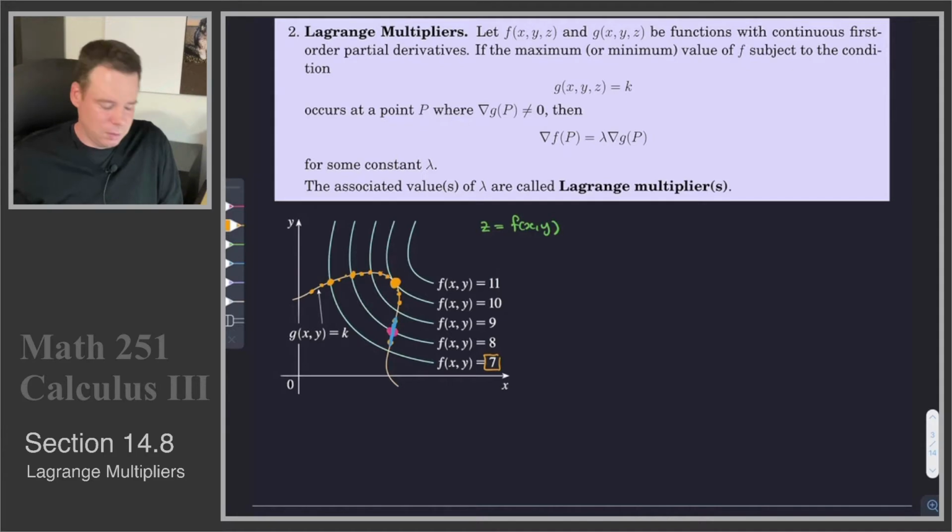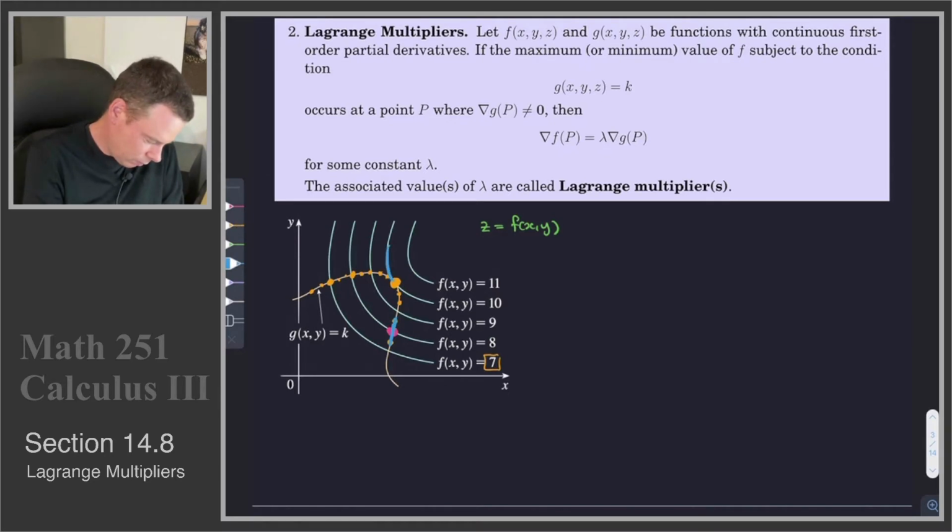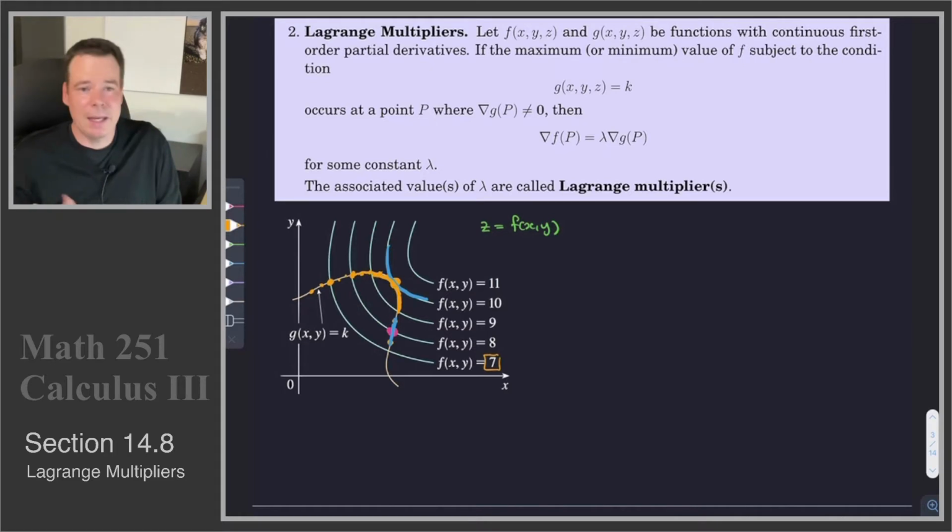And if we express this in terms of points of tangency, then what we have is that my level curve has to be tangent to the constraint curve. So here's my level curve. I'm drawing it in blue. And then here's my constraint curve. And they've got to be tangent right at that point. I can't have one cross the other one. If I have the constraint curve cross the level curve, then there are points on it that are going to be higher than that point on the level curve. And on the other side, there'll be points that are lower. So they've got to be